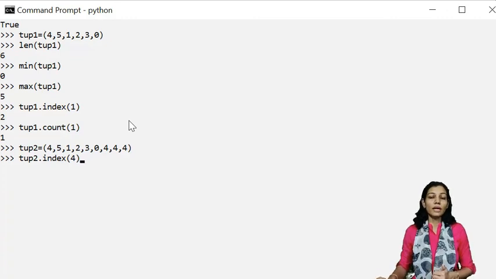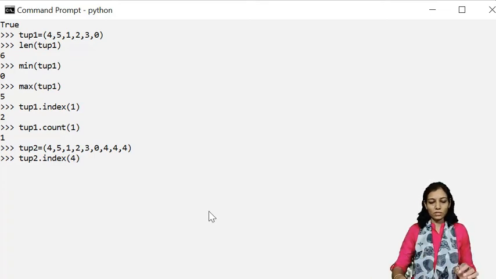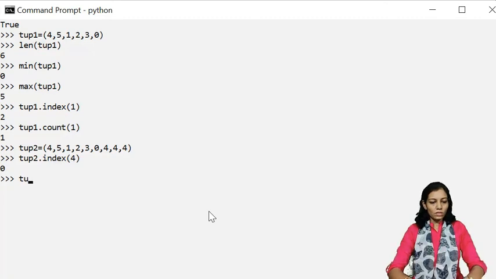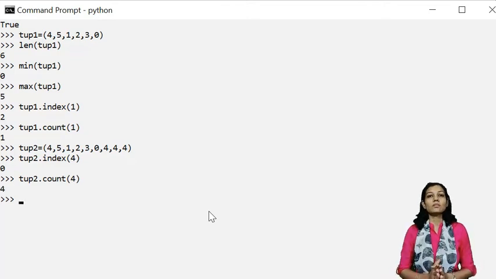Because number 4 has occurred at many points. It has occurred at the 0th index, then 1, 2, 3, 4, 5, and also at the 6th index, but it will return the index of the first match, so it is going to give me 0. Now if I want tup2.count, the number of times 4 has occurred, it is going to give me 4 because element 4 has occurred 4 times.